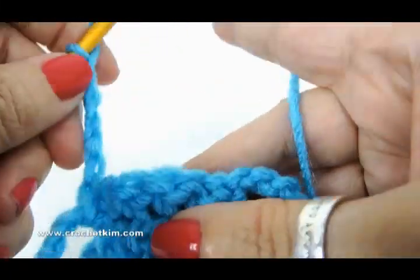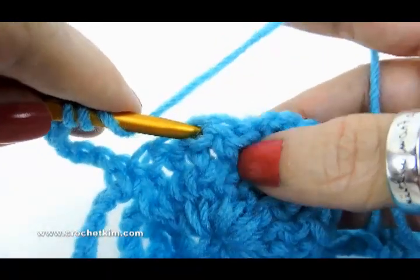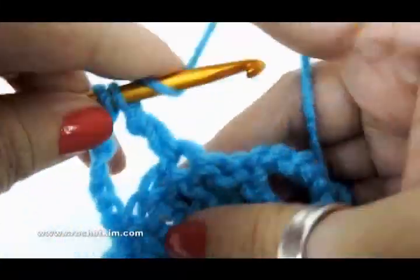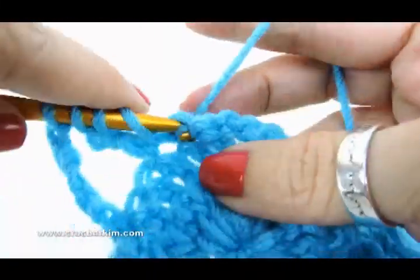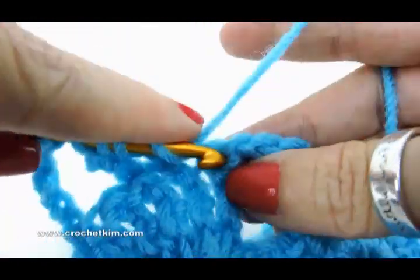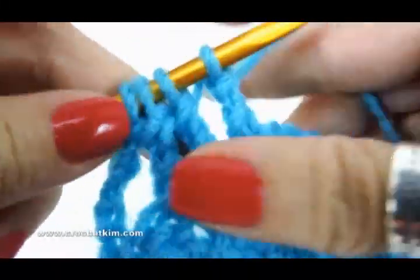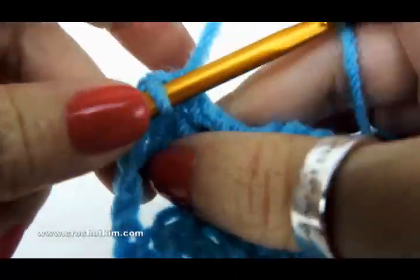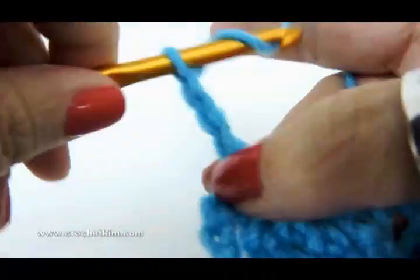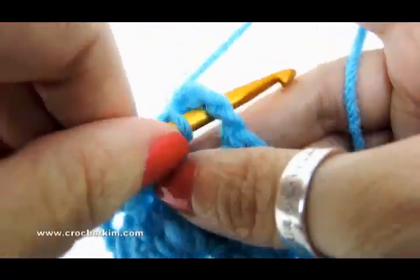Now for row 4, again, 1, 2, 3, 4, 5, and you do a cluster going into the top 3 of these trebles. So this one, so you've got a cluster, leg 1 and leg 2 and 3, and pull through all 4, chain 5, 1, 2, 3, 4, 5, single crochet into the chain 5 space,